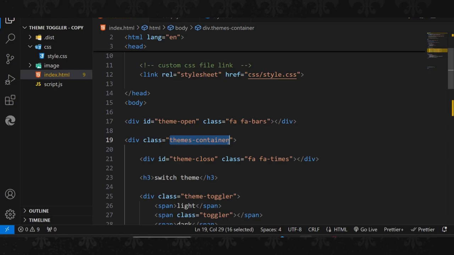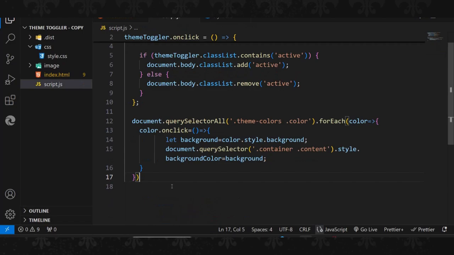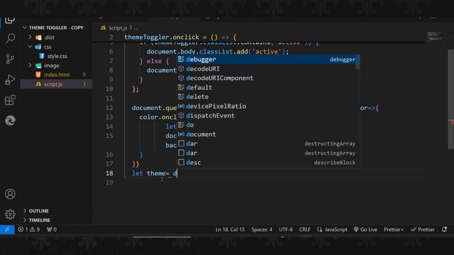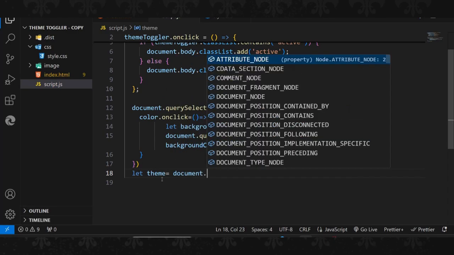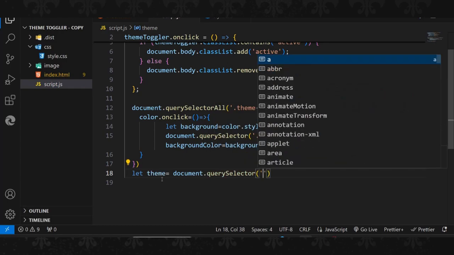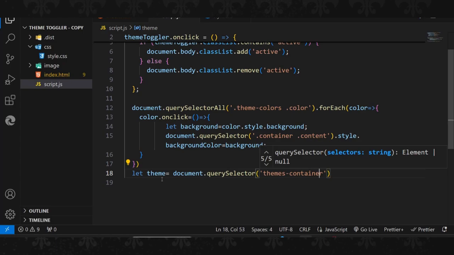So for that, I'm going to copy this particular class name, and then down here I'm going to create a variable. Let me call this variable name theme. I'm going to set this one to document.querySelector. What am I going to target? That particular class name for that particular theme panel, right? After selecting this one,